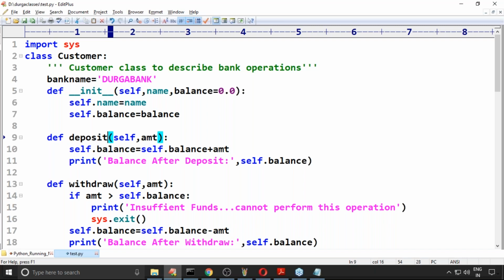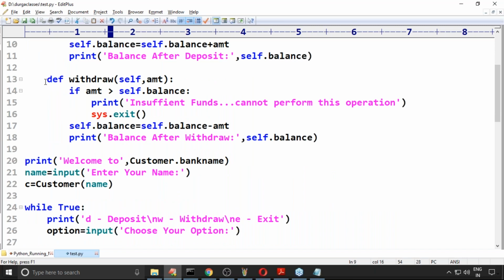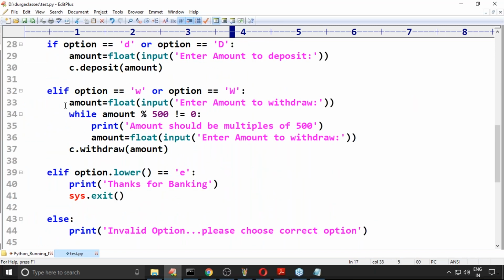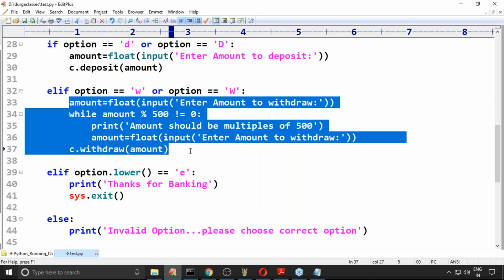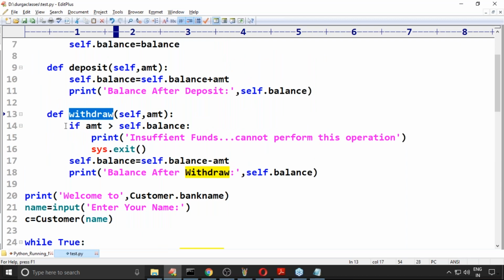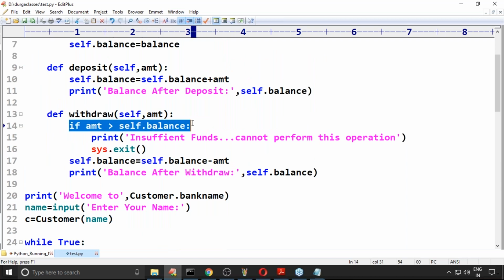First time withdraw, then what will happen? Whenever we are calling withdraw, it is never going to check whether it is the first time or second time, or whether balance is already available. Directly calling the withdraw function, it is going to check if amount is greater than self dot balance.